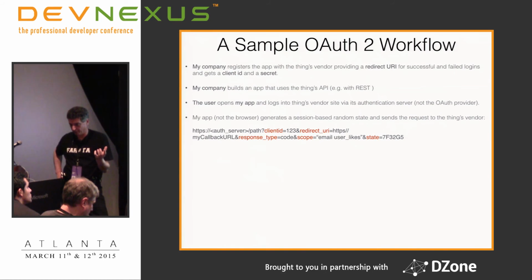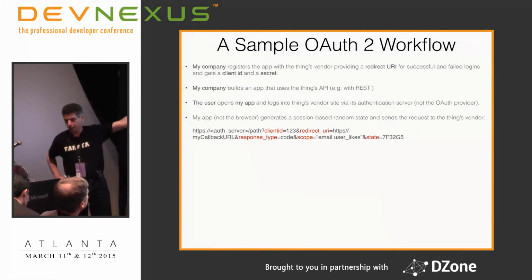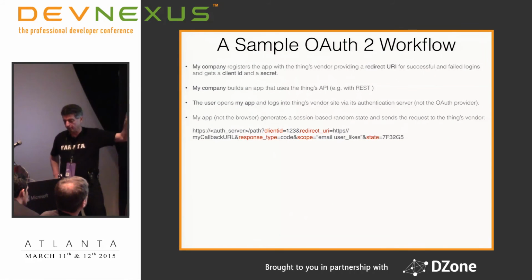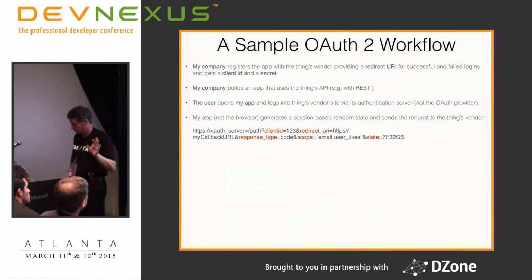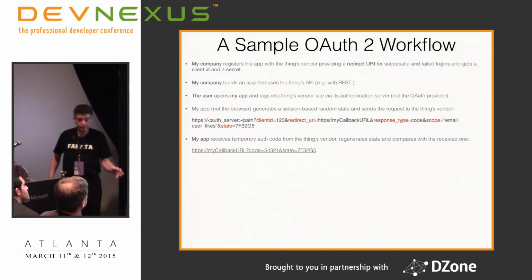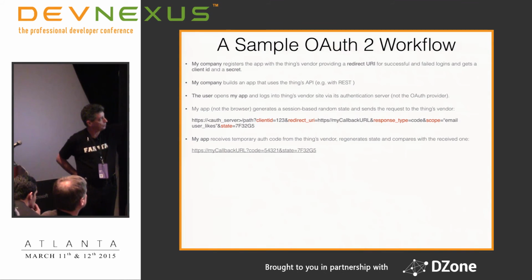Your application runs on some server, and if I log on to the application, I have my own session, so based on the session I can generate an ID. I will attach it as a state to the end of the URL, and it will go to the vendor. The vendor will just return it to me as is. The vendor will not touch state, and I'll explain why. But for now, just remember that it will not touch it.